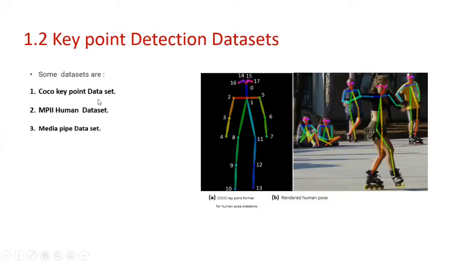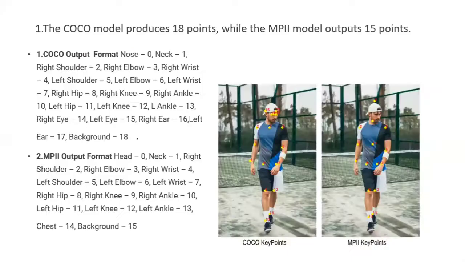The reason behind this is that the Coco key point data set will look at a maximum of 16 points in the human body. In the sense, it's something like corners of the room. Every major part, at every end of the major part, it can locate. You can see here in a clear way. In the Coco output format for human body estimation, only 16 points, I mean 18 points you can recognize. Maybe left knee, right knee, left arm, right arm, left ankle, right ankle, left wrist, only 18 points.